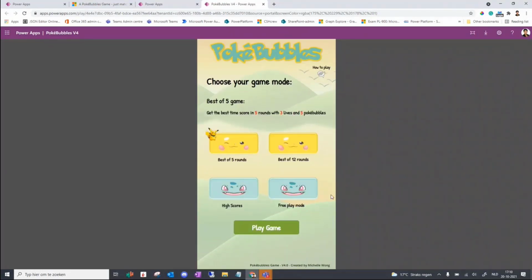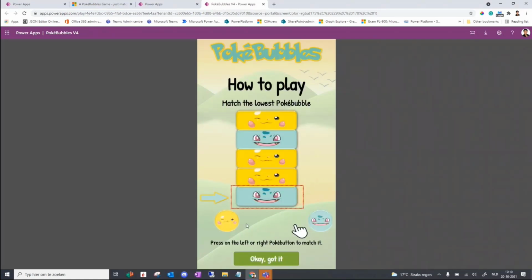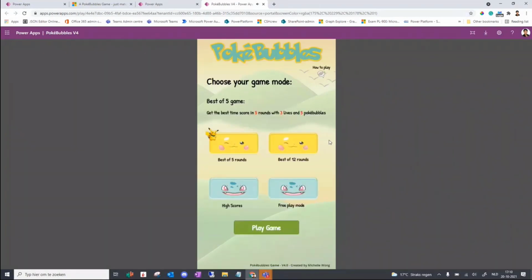On the second screen, the sound wheel comes up, and then on the right hand side I have a how to play screen, which tells you there are bubbles stacked, and you just make a match with the lowest bubble, and then press on the icon of the same color. And on the start screen,